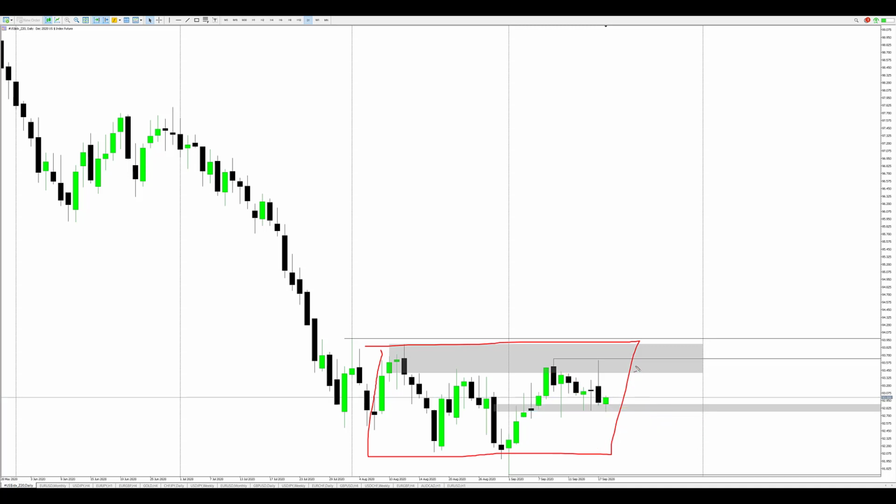So this range is crucial in that the moment we see price breaking above here, this is our monthly high, August monthly high, this is our September high. And here we've got our September low. The moment you see price breaking above, then we know that probably the bulls in the dollar have come back into the market. But as of now, we are looking for price to trade lower, right? We're still expecting more weakness to come into the dollar.